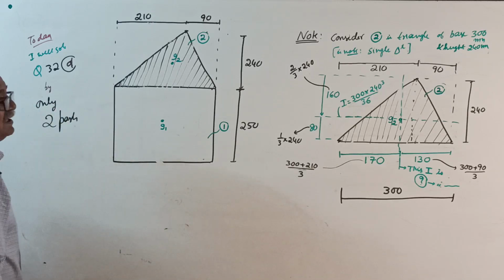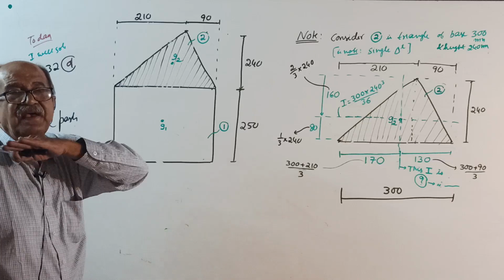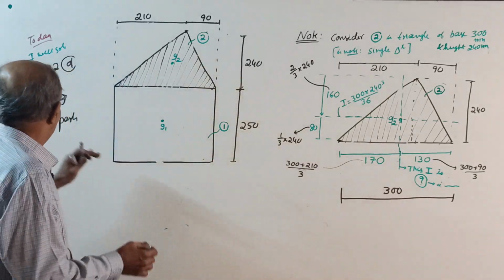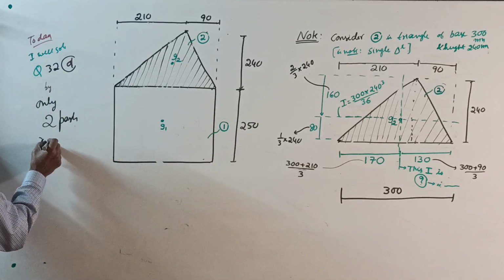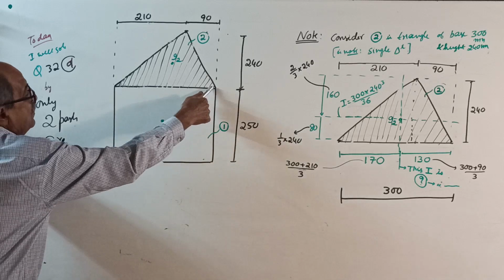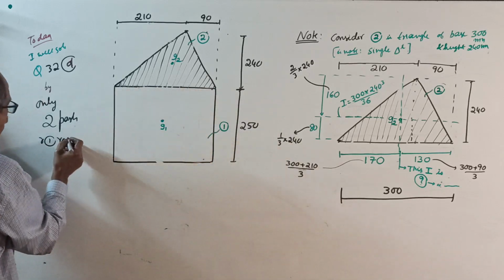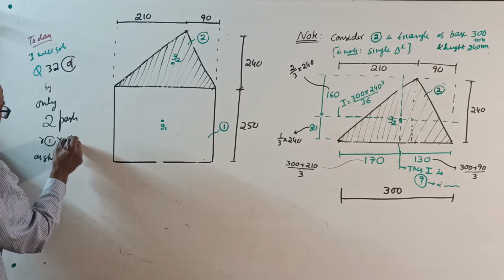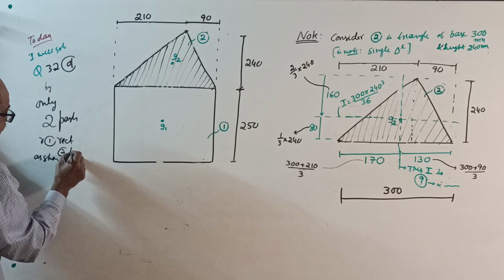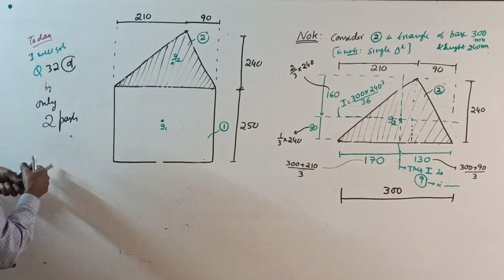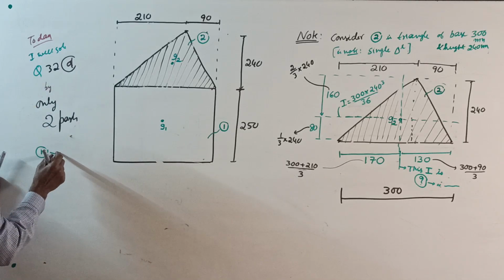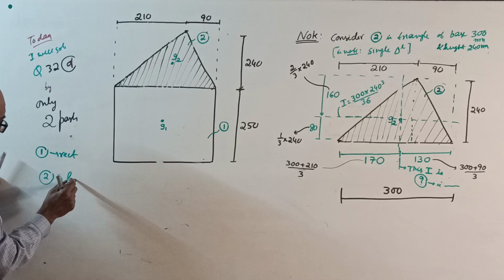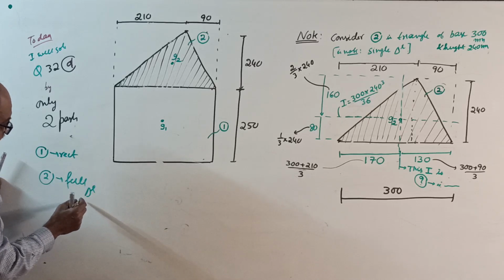Actually remember, if the moment of inertia is required about the x-axis, you can do it easily with two parts. The problem is for y. Only two parts. One rectangle, as shown, two parts side by side, as shown, one is a rectangle, two is a triangle. I'll tell you two parts, where one is the rectangle, two is the full triangle, single as it is,